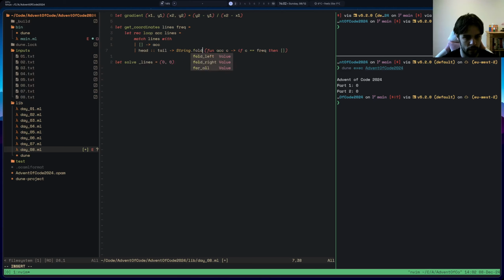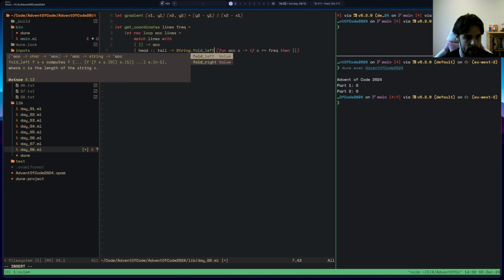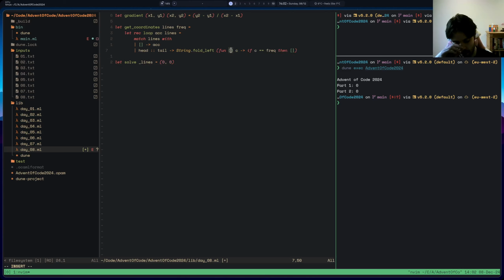Is there a fold left that has an index and ACC? Let's go then index and ACC. So then we can return